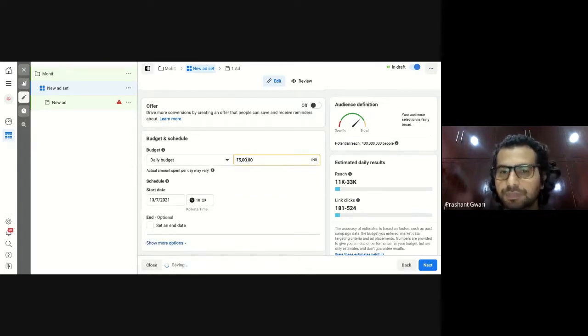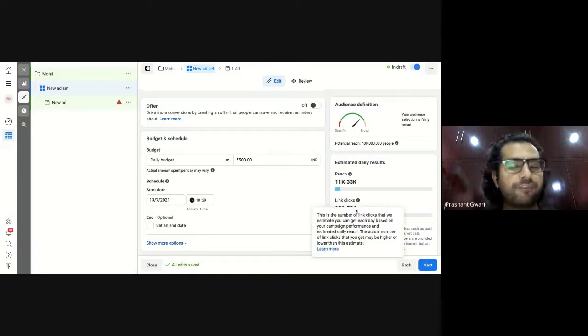So the company we are running the advertisement for today requires at least 200 link clicks per day. So we gave them a suggestion to go with a 500 rupees per day budget. So you will set a budget here and you can see the exact reach here. So keep changing the budget until you get satisfied with that many reach or impressions or link clicks or that many leads required for my business.